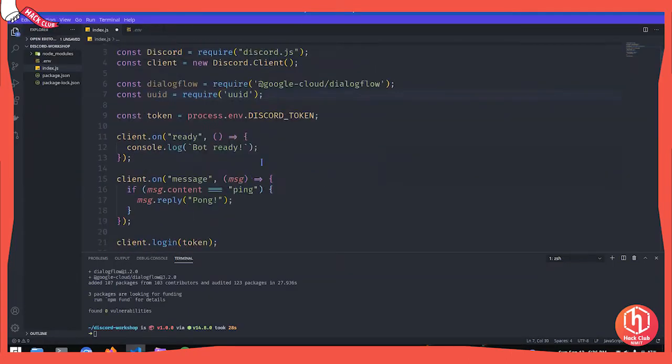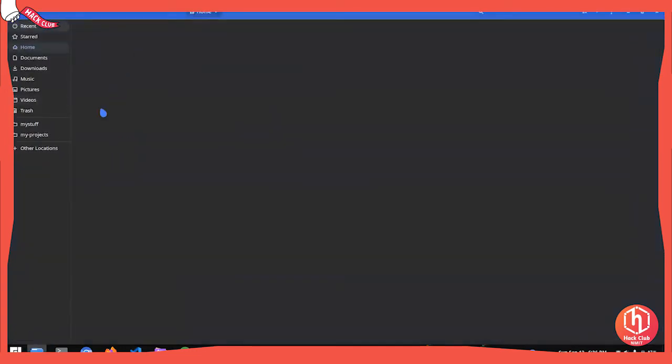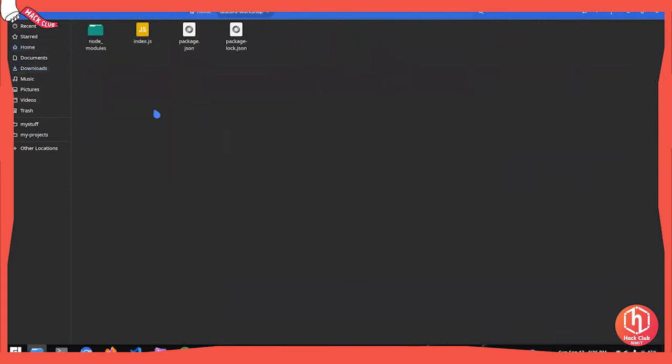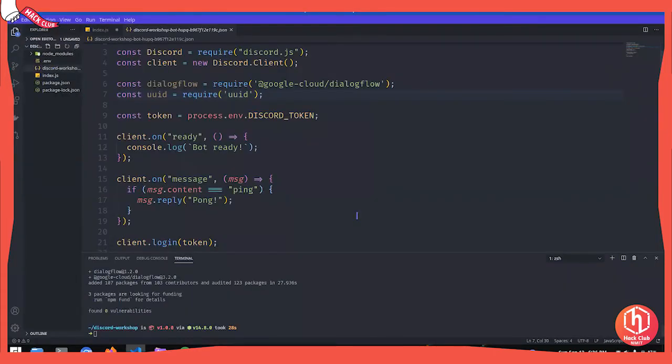All right. So now we need to do one more thing. The JSON file, what you just downloaded. So we need to actually import it into our folder. So you go ahead and copy, cut the JSON file and copy it in your working directory or wherever it is. So here I have now the JSON file. It looks something like this.